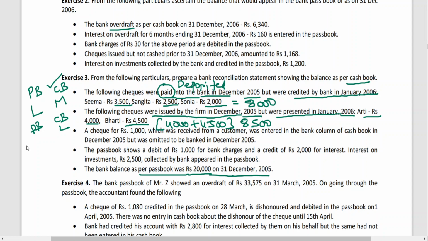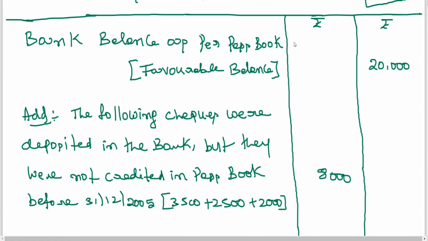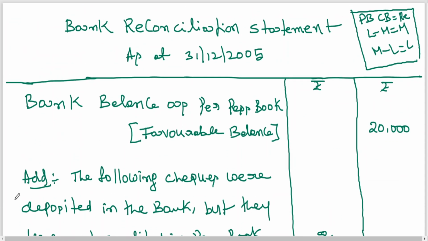so the passbook balance is obviously more. Clear to all of you? The passbook balance is showing more, whereas in the cash book there is no entry, so the cash book is showing less. Is this clear? The following checks were issued by the firm means the payment entry is there in the cash book, so the passbook is showing more. What is to be done? Here I have told you. In the first case, the deposit entry is appearing in the cash book, the cash book is more, the passbook is less, so less to more is to be added. Now the second case, the passbook payment entry is not there, so the passbook is showing more, the cash book is showing less, more to less, it is to be subtracted.